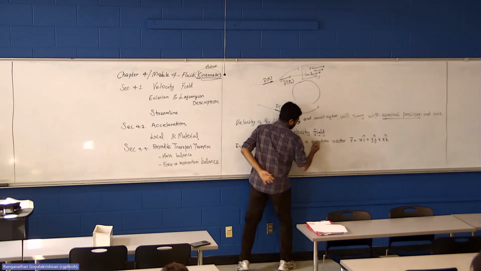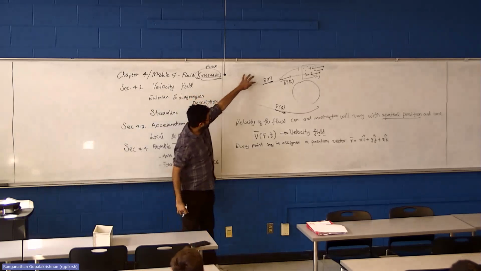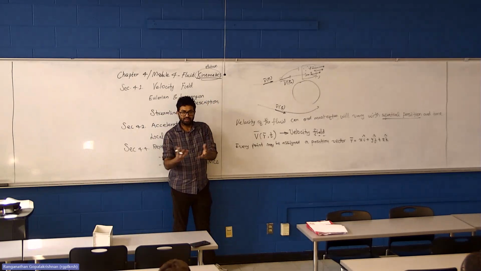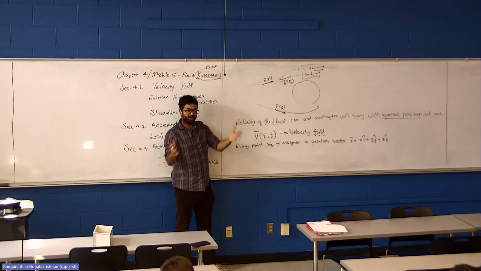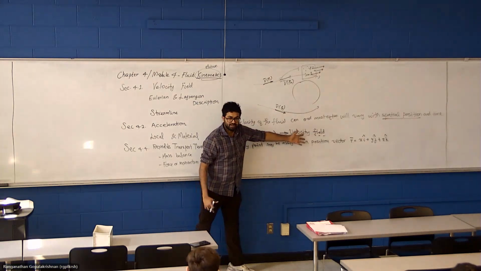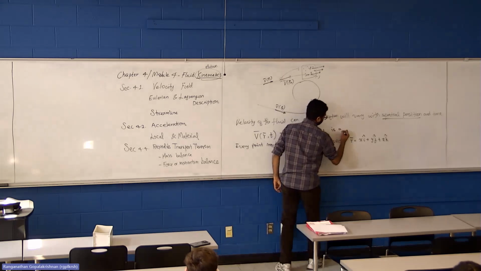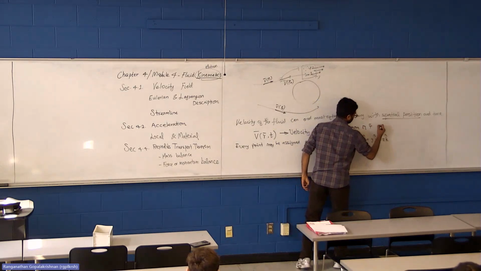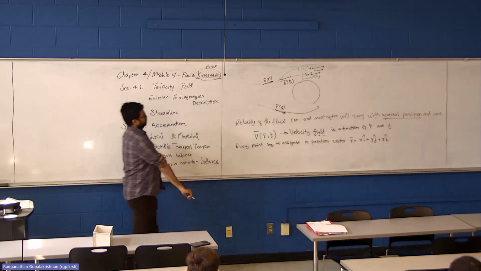Why add the word field? If we're just talking about a single velocity at a point, it's just one quantity. But since we are talking about the velocity varying from point to point over a field of values, we say it as velocity field. Okay? This velocity field is a function of r and time, or t.